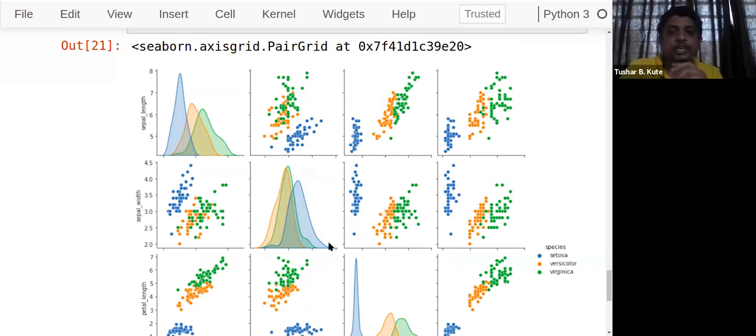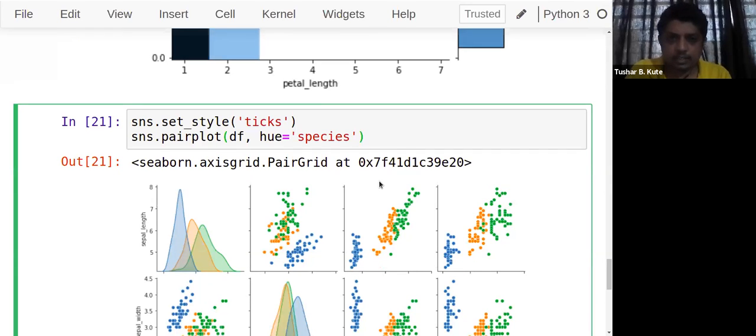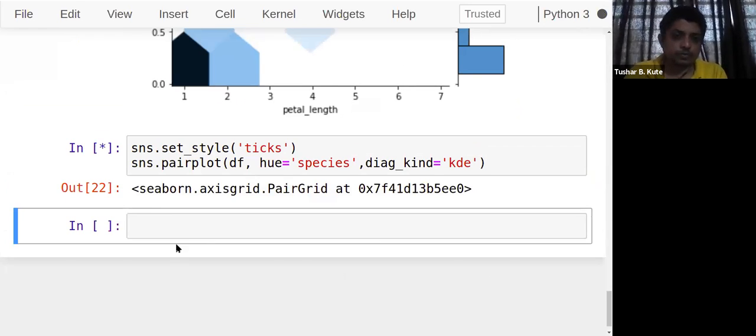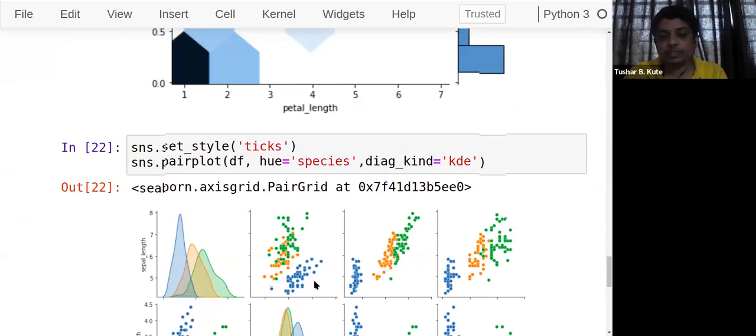In the diagonal, what kind of plot you require, that also we can specify here. The diagonal by default is KDE. So let's set diag_kind equal to KDE. It already contains KDE there. Or we can use hex. Wait a minute. Too much data. This is the KDE plot.